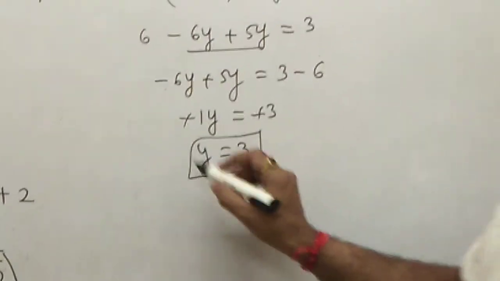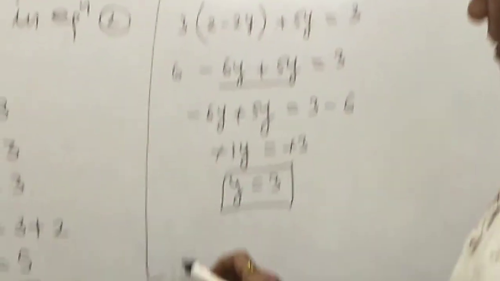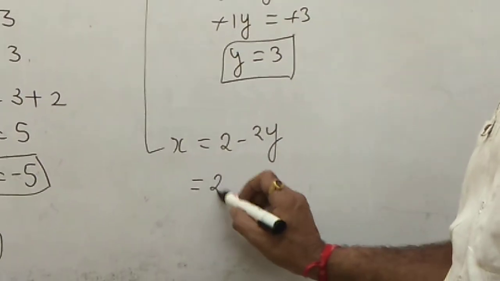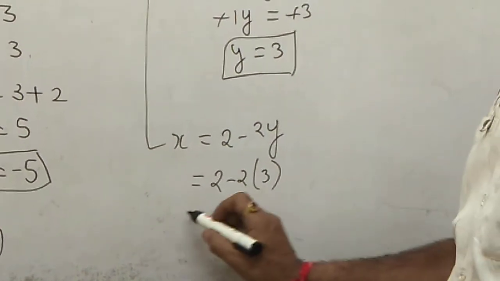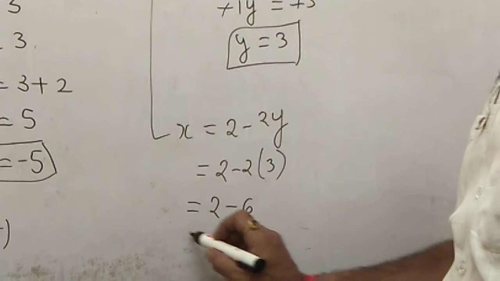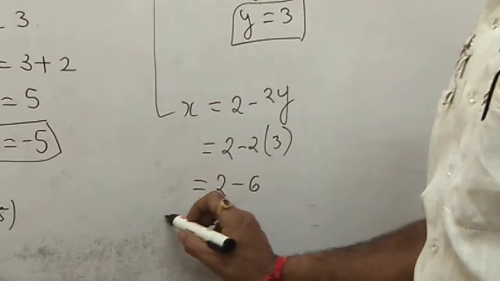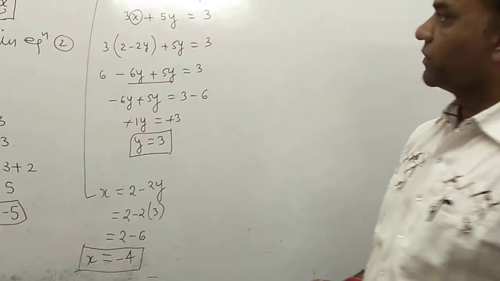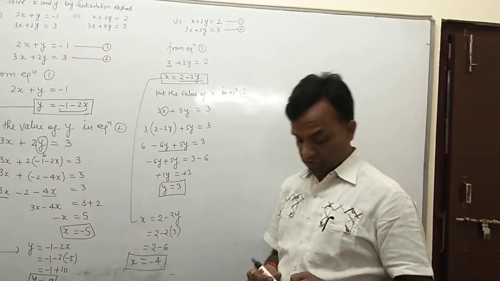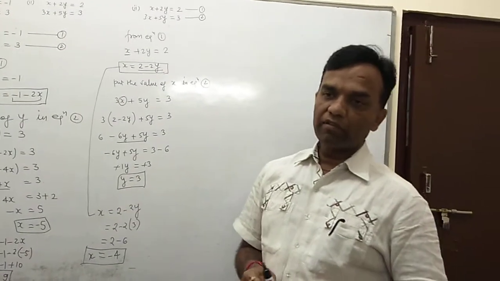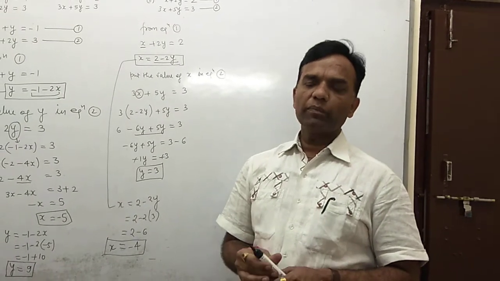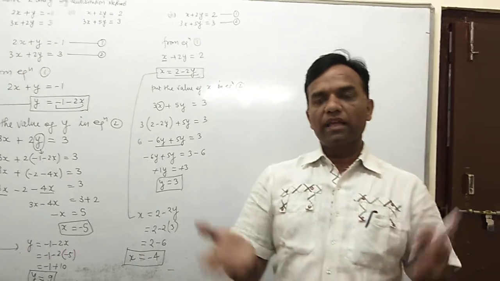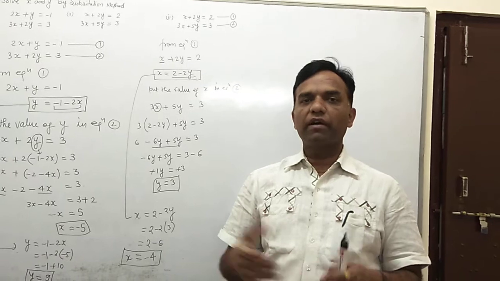Okay, then this value of y you substitute here, because the value of x is in the form of y, that is 2 minus 2y. So put the value of y here: 2 minus 2 times 3, and 2 times 3 means 2 3s are 6. So this is the value of x, you have minus 4. Okay, so you got the value of x and y as numbers. So the substitution method is very easy. There are two important parts: first you consider an equation and take out the value of x or y, and then you put it in the second, and then you get the values of x and y simultaneously.